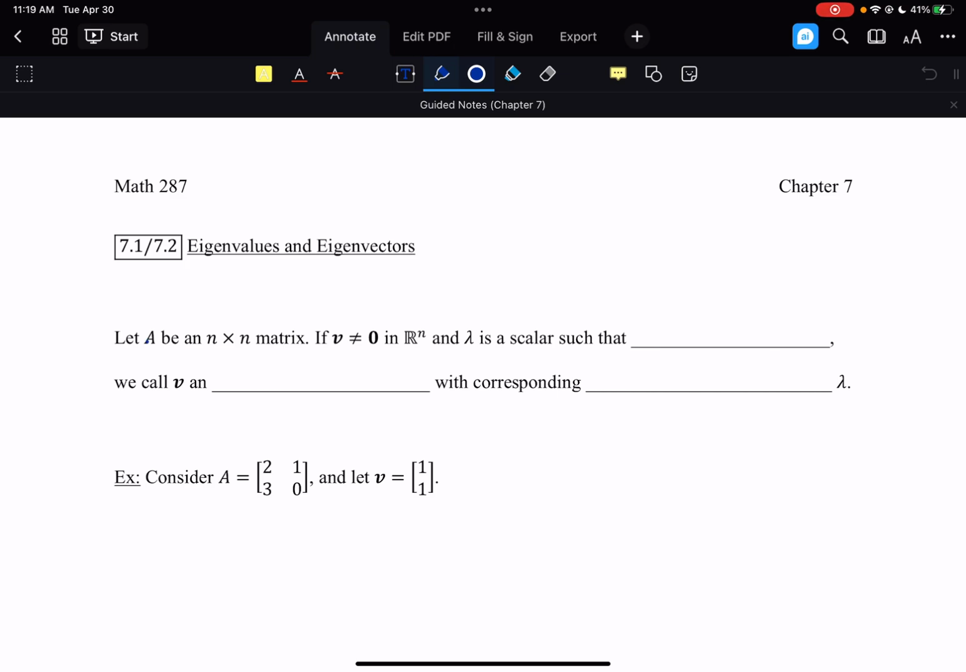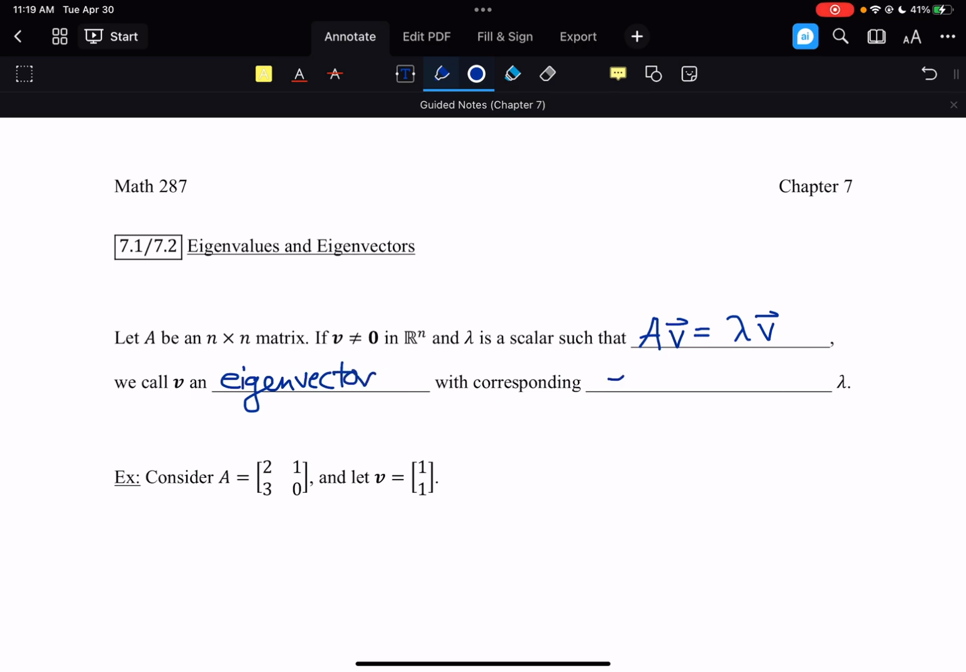So let A be an n by n, so a square matrix. If v is a non-zero vector in R^n and lambda is a scalar such that Av equals lambda v. So if we have a non-zero vector and a scalar for an n by n matrix such that the matrix times the vector equals the scalar times the vector, we call v an eigenvector